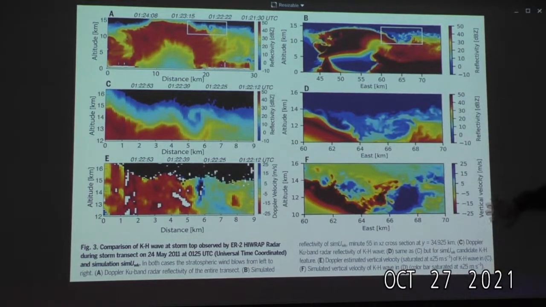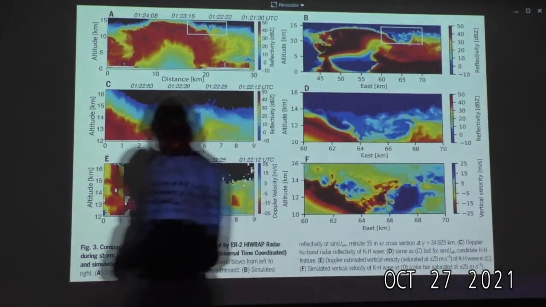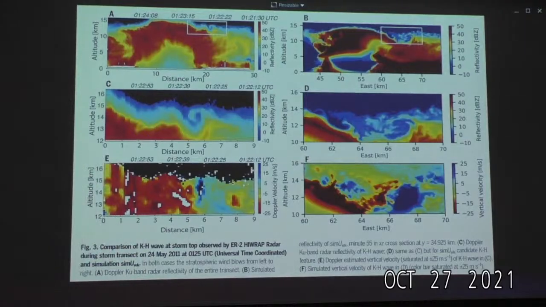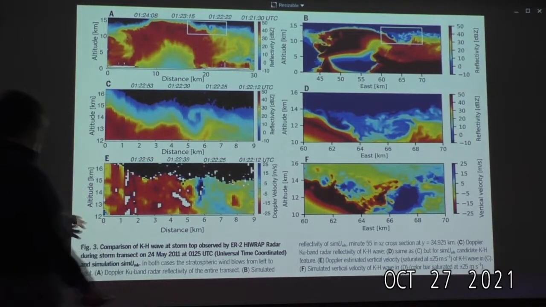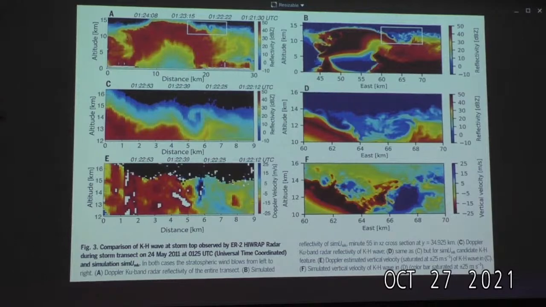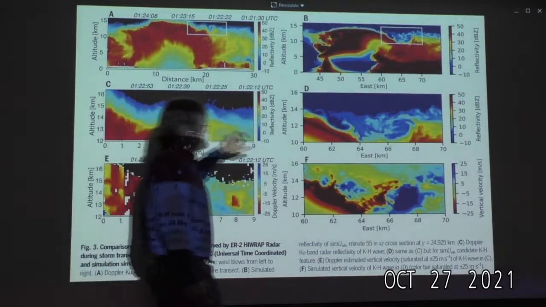In this bottom diagram, notice that the blue and red are kind of backwards. Up in the stratosphere, they do things differently. Your updrafts are blue and your downdrafts are red. Morgan told me that's the way they do it, and I was like, okay. But if you're used to the other way around, just try to look at that and understand. Same goes here. So you've got your overshooting, distance on this. Anyway, most of this is just to show the relationship between these two things.